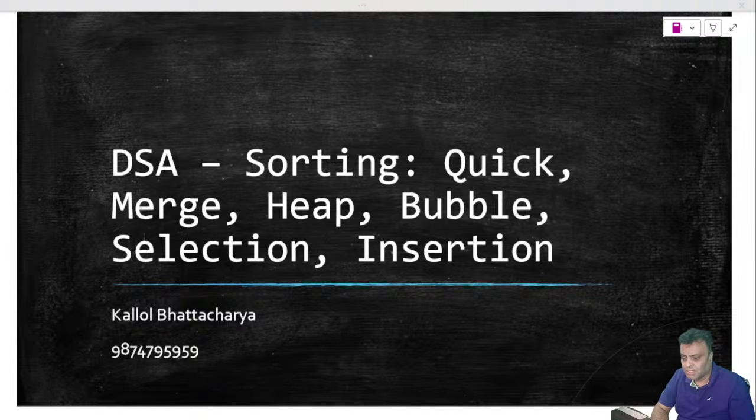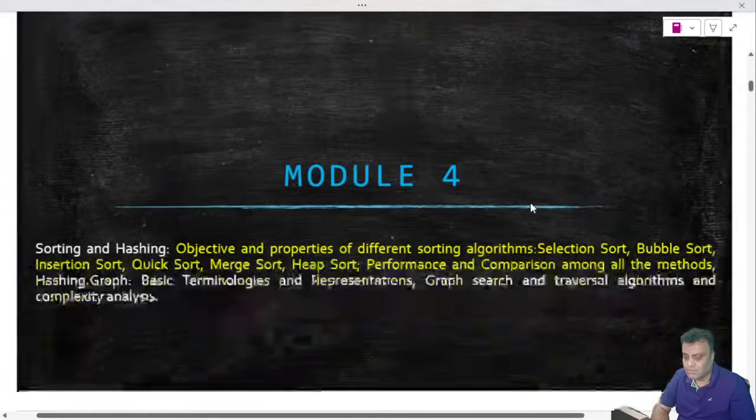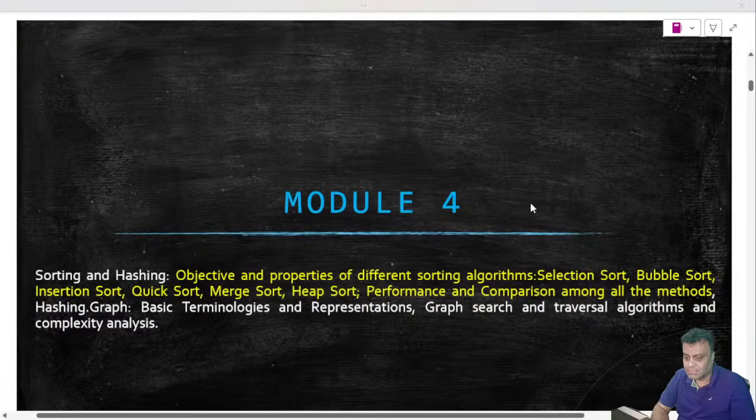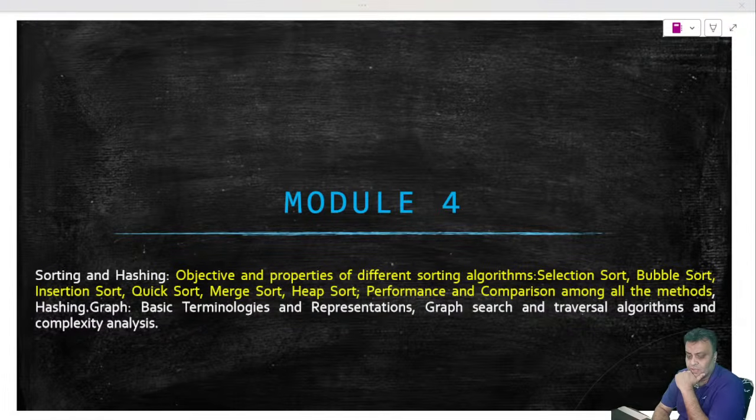So if we quickly go through what we are trying to cover today, these things are in the yellow font. We will cover selection, bubble and insertion sort. We'll just touch upon it because this is something you have already done in the past. I want to spend more time on the rest of the stuff. In fact, your questions rarely have bubble, selection and insertion sort. Mostly very short questions come from there.